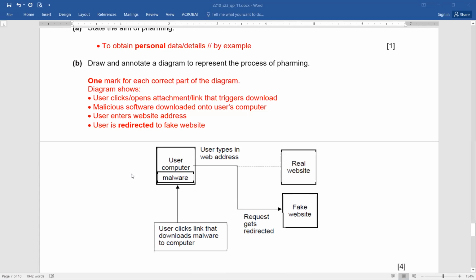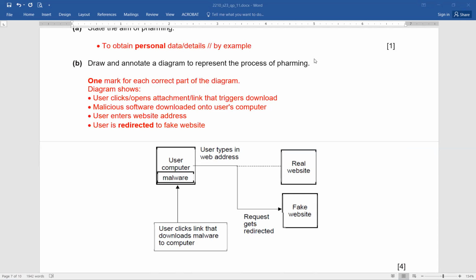This is just an example. Let's see what is happening here. User's computer has malware. User clicks the link. Now you can see the user types in the website address. Request gets redirected. Now the real website is here. User's computer has malware, and this malware came because the user clicked on a link that is going to download the malware on the computer. So this is the user's computer. In the beginning, maybe it is free of any sort of malware, but the moment he clicks on a link,